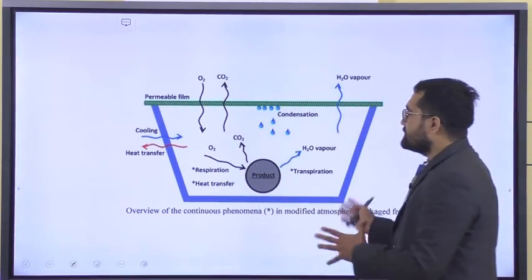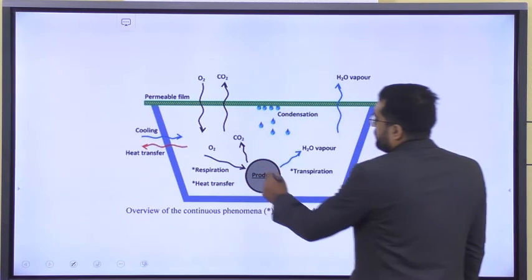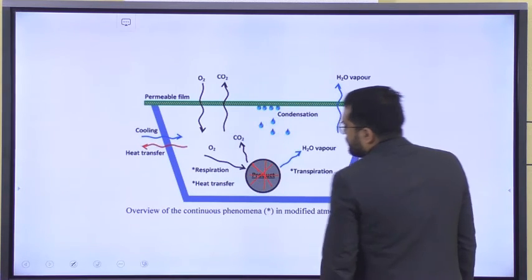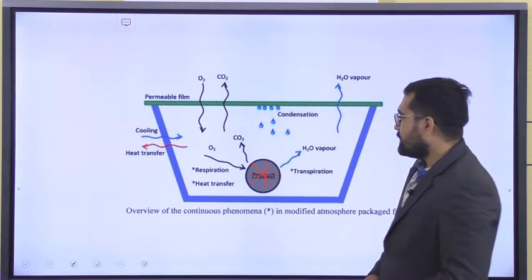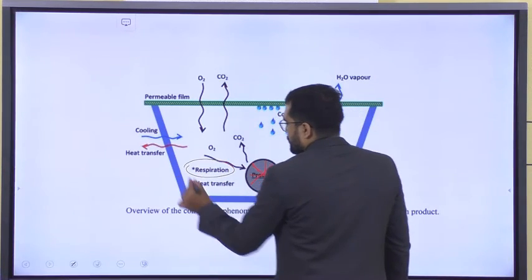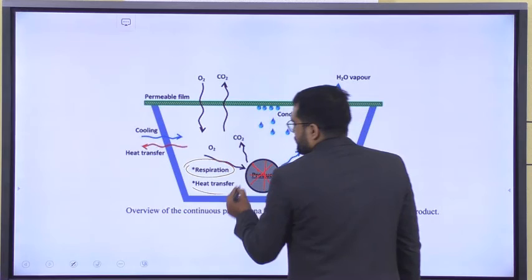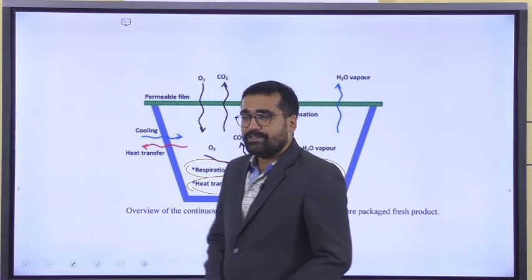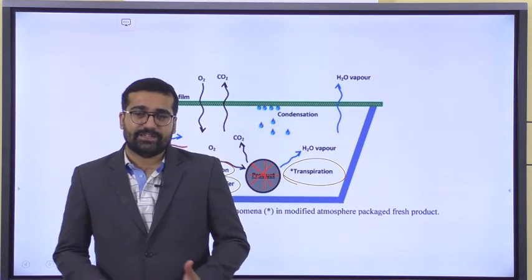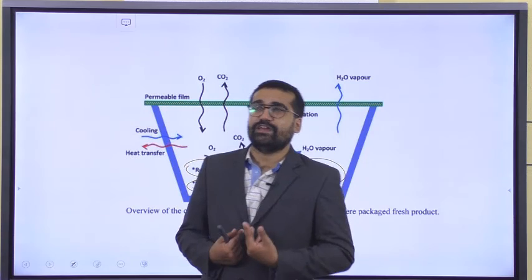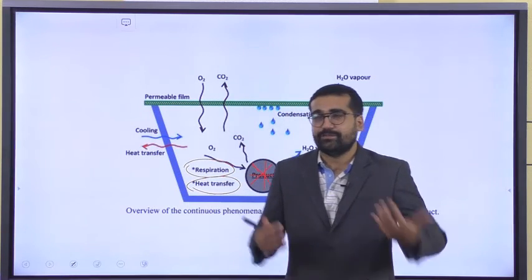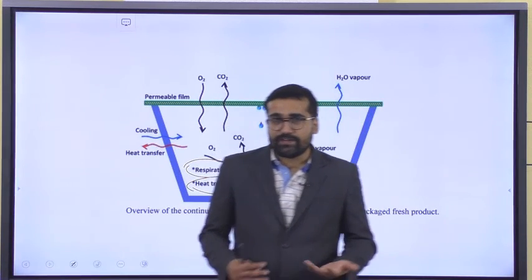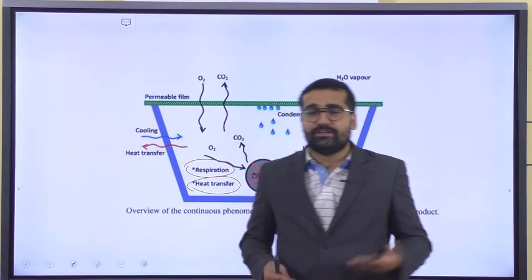So this is what is happening inside the packet. This is our product. This product does many things. Okay, one is respiration, then heat transfer, then transportation. Heat transfer means when we respire, we generate some heat, correct? And when conditions are not controlled outside, like if we are not sitting in AC and you are asking me to do a lot of work, then I am respiring very heavily. My respiration will increase, and heat generation will also increase.